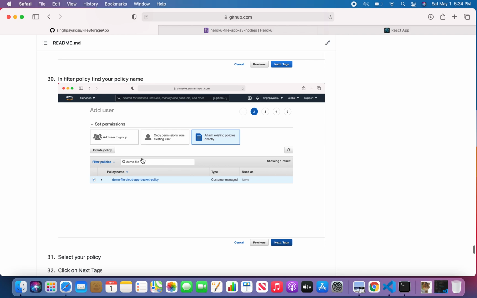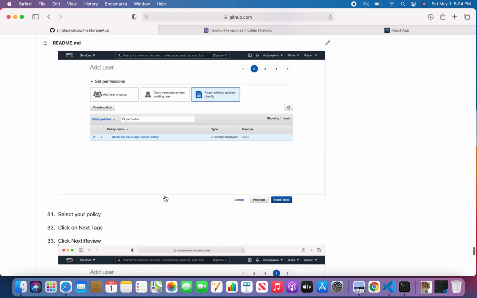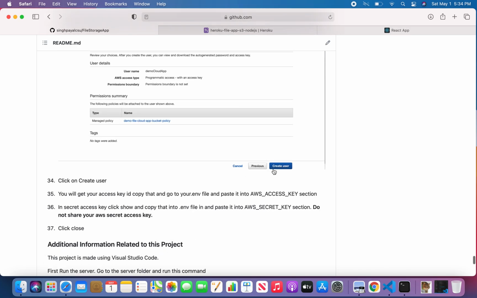So if you want to get the policy associated with your S3 account, you need to just filter here, try adding your bucket name, bucket policy. I have filtered it out, so I got my demo file cloud app bucket policy. Checkbox this, select this policy, click on the next tab, and now click on next review.